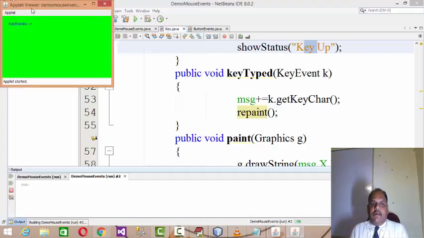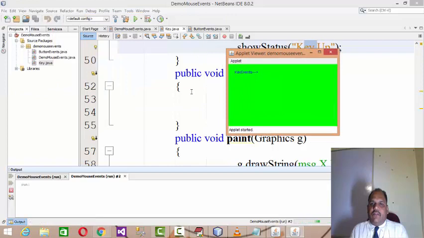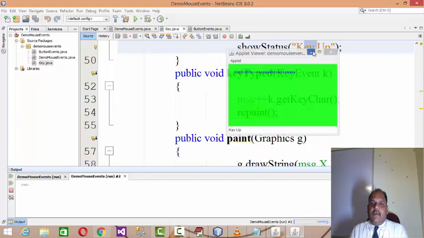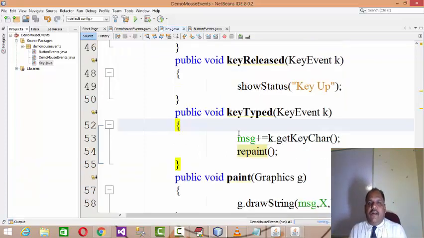Now here it's an applet, with key events and mouse events. If you press the up key, you will find messages like move to up, move to down, move to right, move to left. If you press any key, type any key, or release, you can see the responses. By running these applications you understand the things.